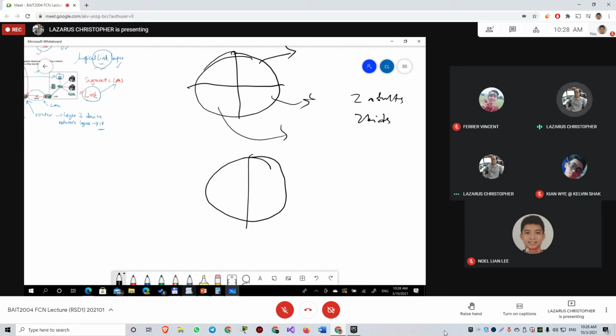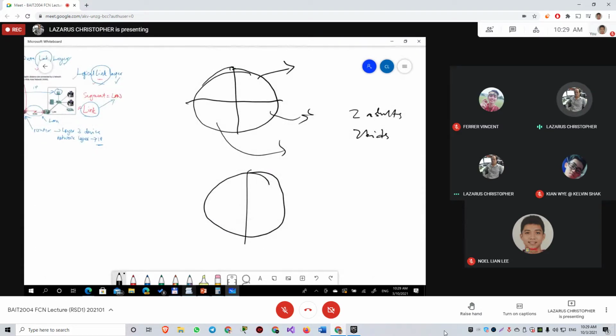We always remember the size of the cake is the same, okay? So the number of addresses is still the same. So you always start with the number of addresses you're given, and then you subnet from there, right? So let's say 2 adults, 2 kids, the traditional one, 2 adults, 2 kids also get the same amount of cake. But you said, can I give the 2 kids just